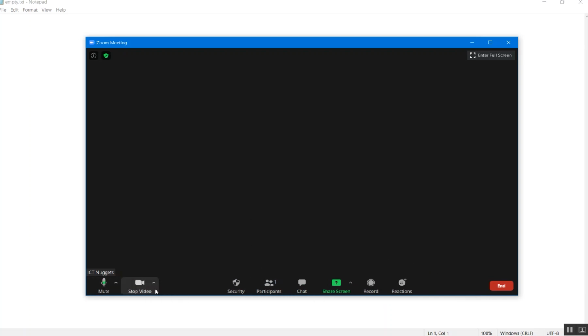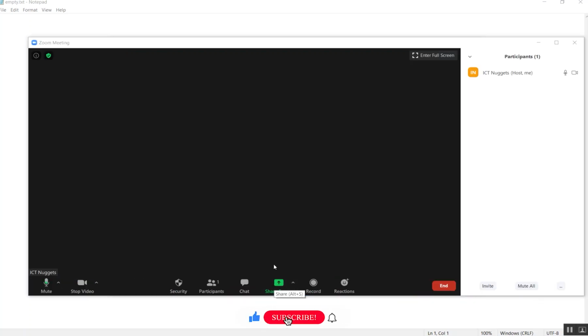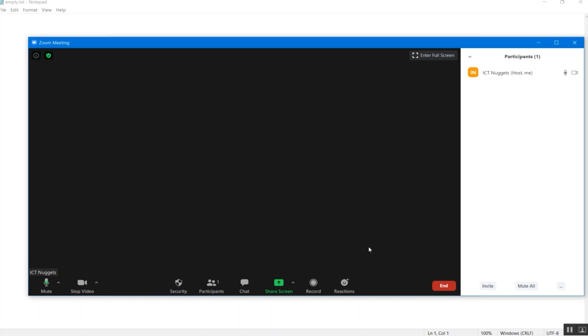Currently I can see the standard options, like I can mute myself, I can disable my video, and the security option. I can see the participants, only I am the participant at the moment. Then I can see the chat window, and I can share my screen, or if somebody else joins me they can also see the screen, or I can record it and send some reactions, things like that. But I do not have any option to live stream, because that option has not been set up yet.